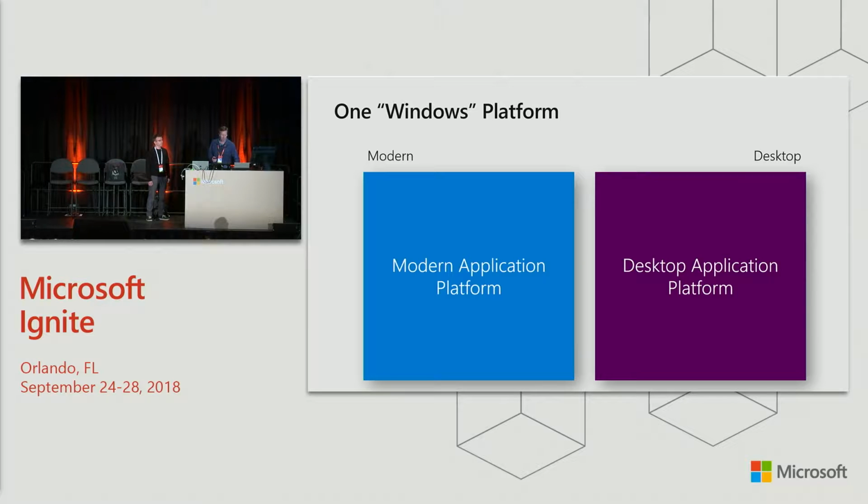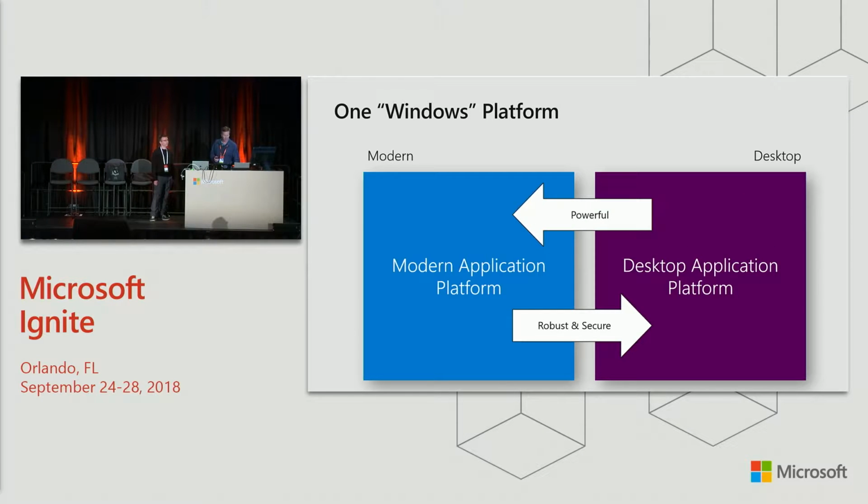Kevin Gallo at Build introduced this concept that we're moving to. We're really moving towards one Windows platform. And it really doesn't matter where you start in. If you've already adopted universal apps, we're going to start bringing you more and more power from the desktop app development. And if you're in the desktop space, but you want to opt into some of those features